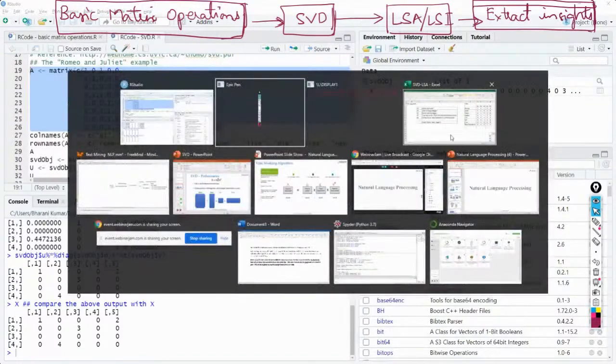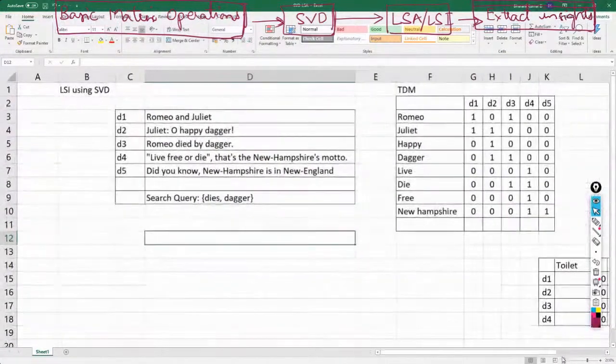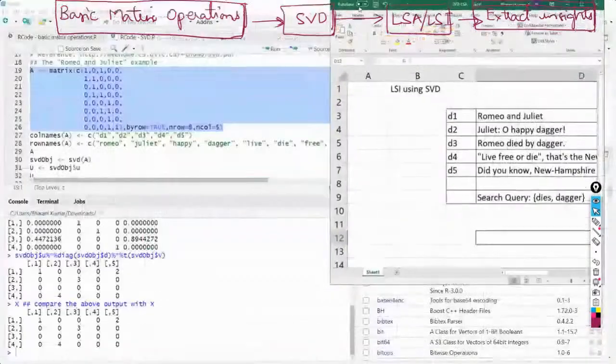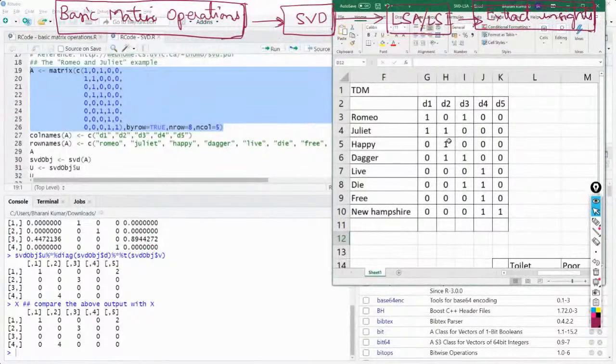Okay, let's see how it is appearing here. You want 8 rows: 1, 2, 3, 4, 5, 6, 7, 8. And 5 columns: 1, 2, 3, 4, 5. Wonderful. So it's the same. Let's run it.